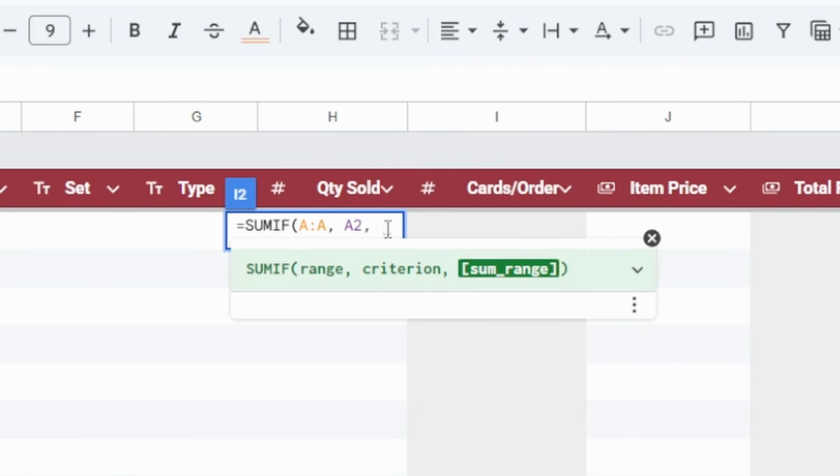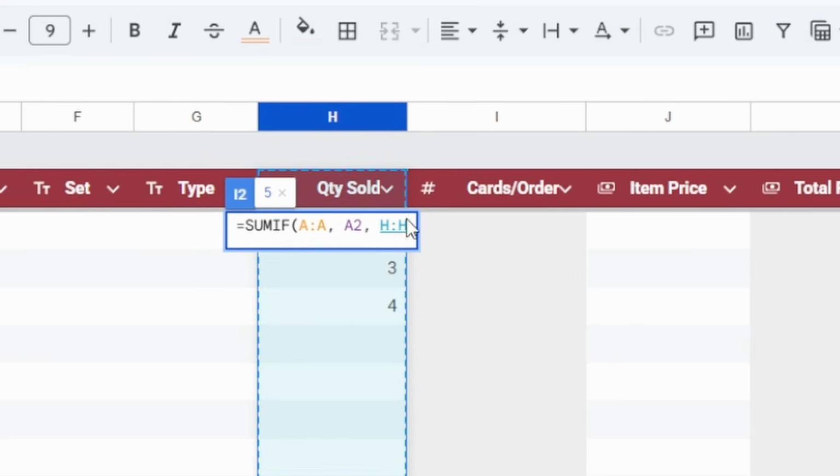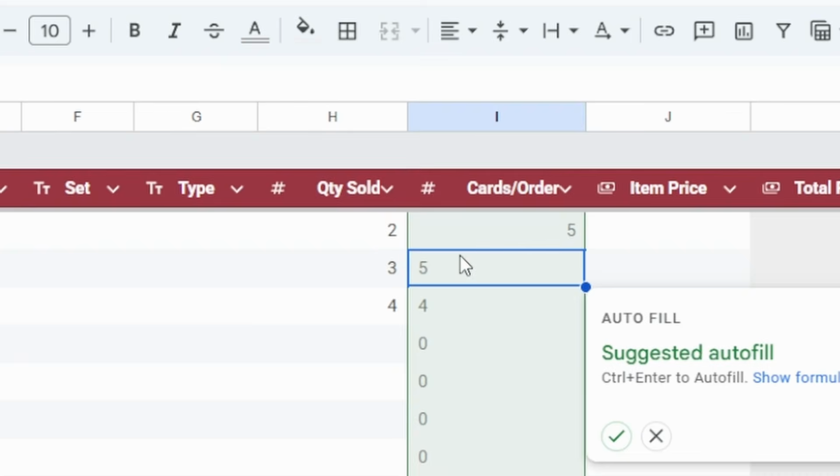And then what it's going to check is going to check the column quantity sold here, the H column, to figure out how many. So it's going to check the A column, check for all instances where the A column matches the A2 cell, and then it's going to add up all of the instances in the H column that occur with matches, so that it should add up to 5 on this. There it is. See, 5. Now we're